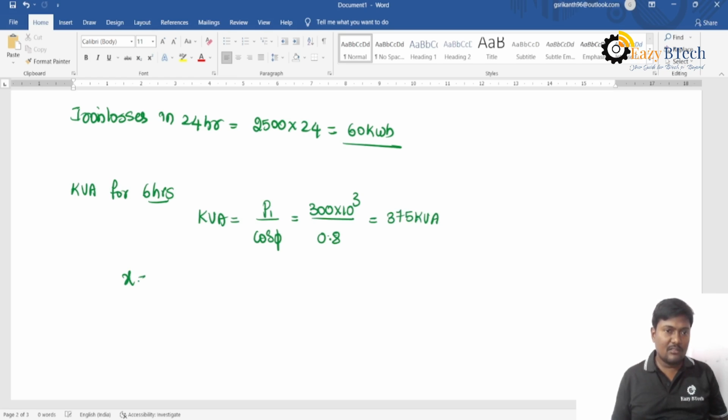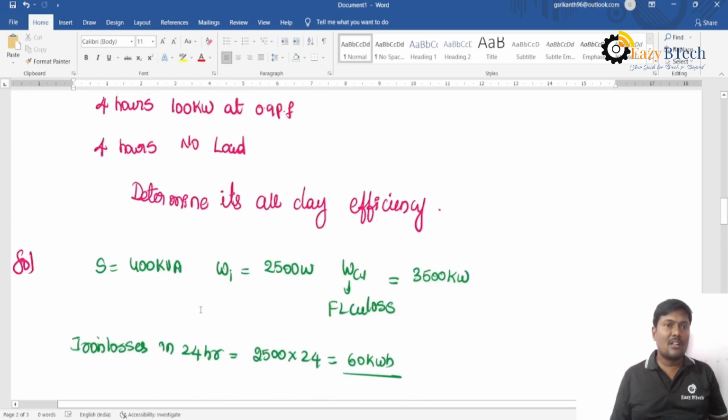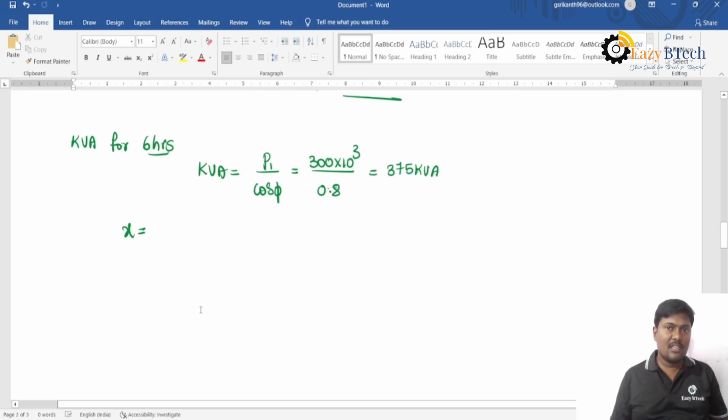So we can find out the fraction. The overall kVA is 400 kVA. Now find out the fraction x is equal to 375 divided by 400 kVA,